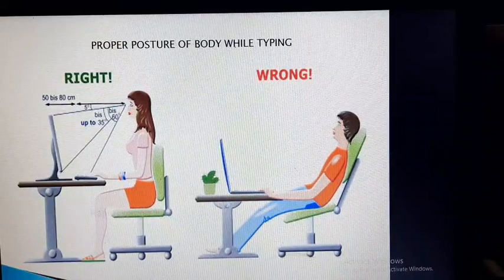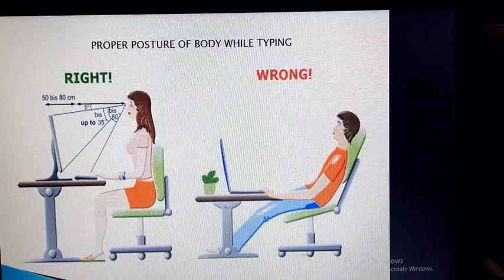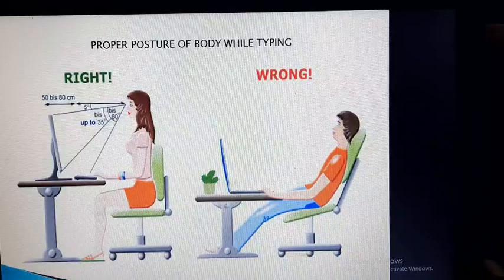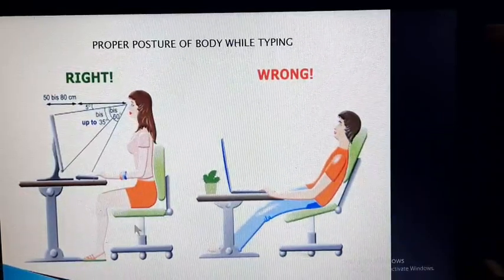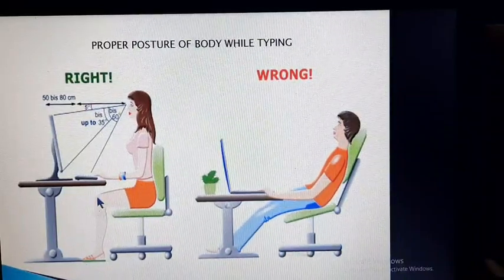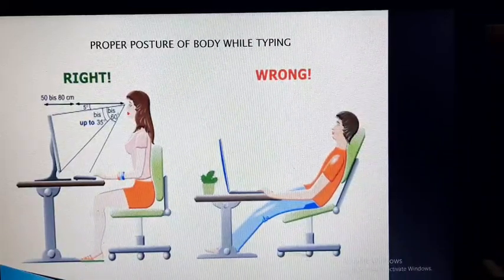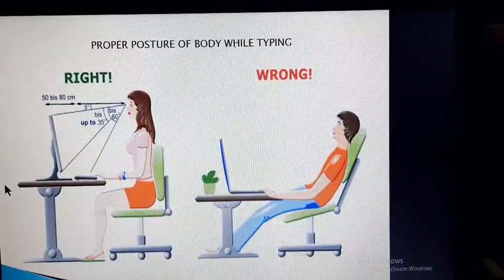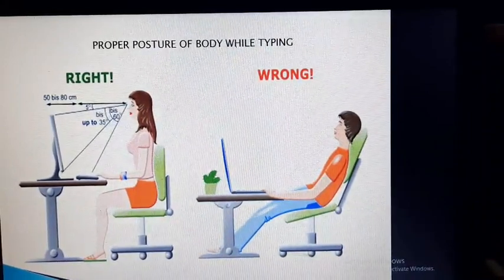The chair and table height should be chosen so as to expose the shoulder, arm and wrist muscles to the least possible strain. You should adjust your chair and the desk according to your convenience.